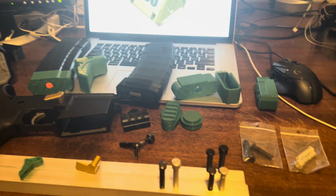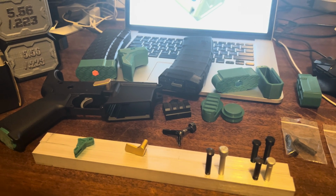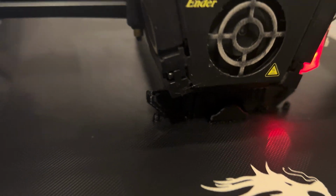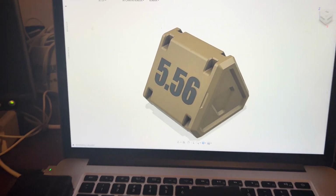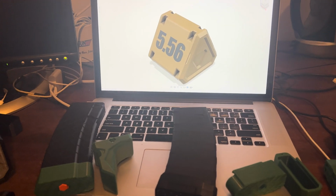Alright, I wanted to record a quick video here, do an update for end of year, right before Christmas time. All the guys that have purchased the ammo boxes, on Christmas Day you'll be getting this update here. It's showing a tab for easier opening of the ammo boxes. Just stay tuned to that. As far as the ammo cans for every caliber, still working on that design, so that's probably going to be first thing